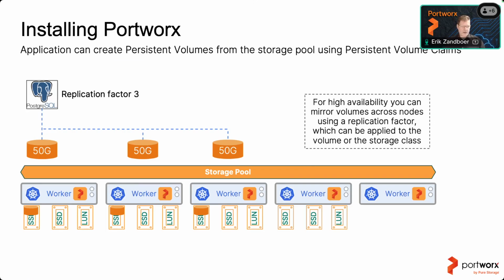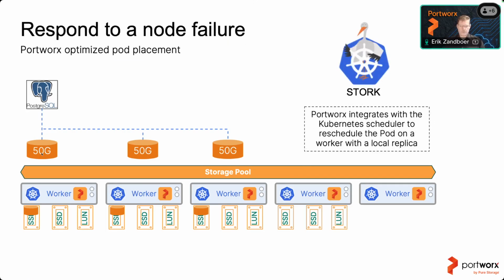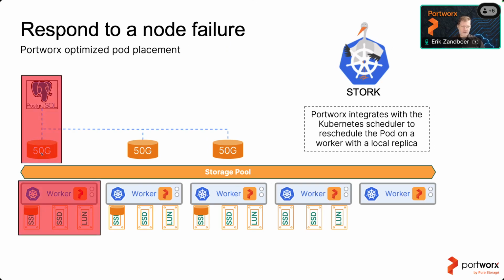So what happens if a node fails? Well, we have this thing called Stork. And Stork is an extension to the Kubernetes scheduler that makes Kubernetes storage aware. So Stork knows where the copies are. So the moment that you fail a node, Stork will come in and say, hey, Kubernetes, if you're restarting this workload somewhere else, please prefer worker 2 or 3 because they have a local copy and they'll be faster. So probably Kubernetes will start it on the second worker node. So a question that we often get is what happens if for some reason the workload isn't allowed to start on worker 2 or 3?